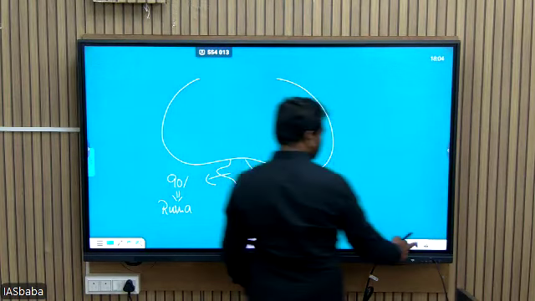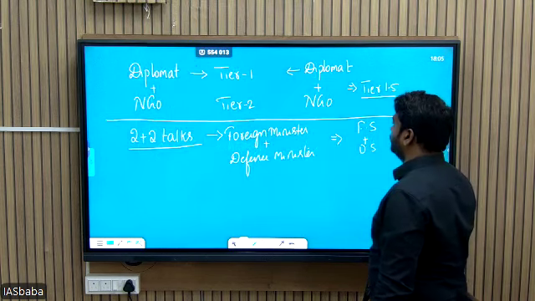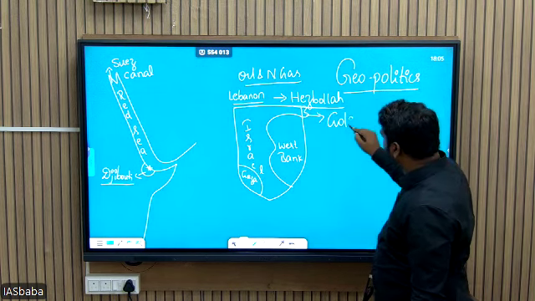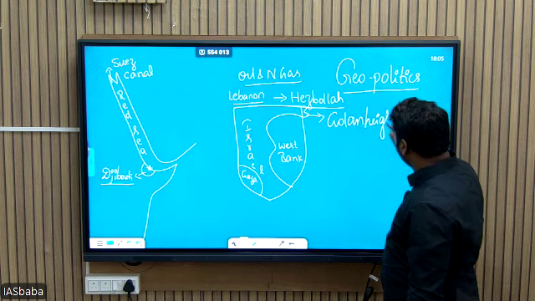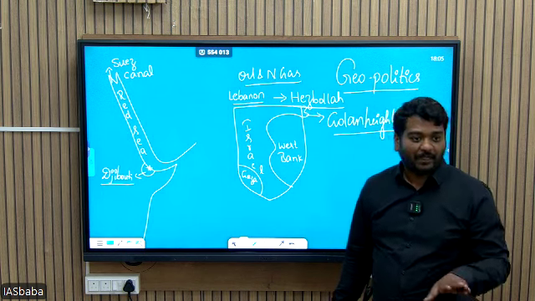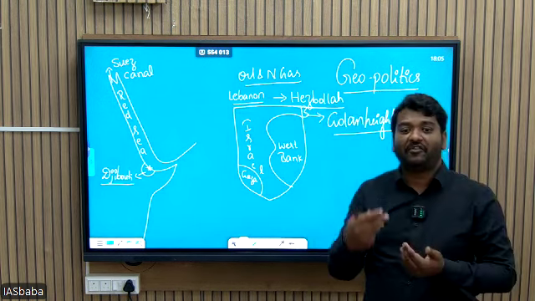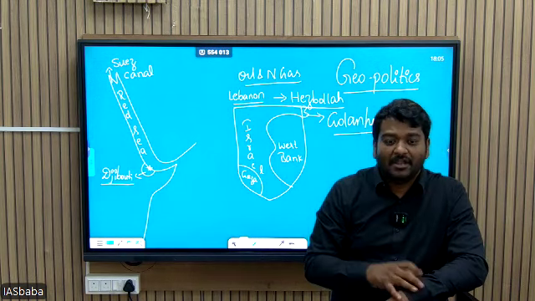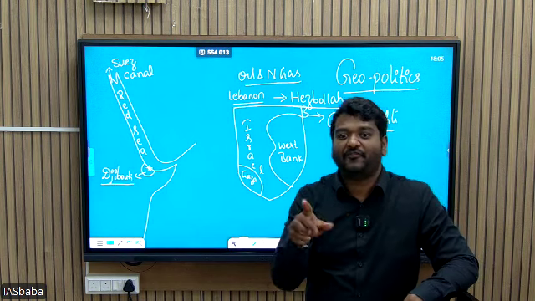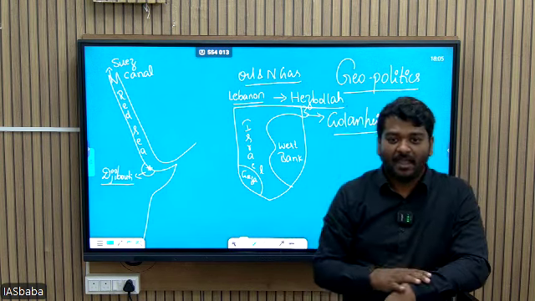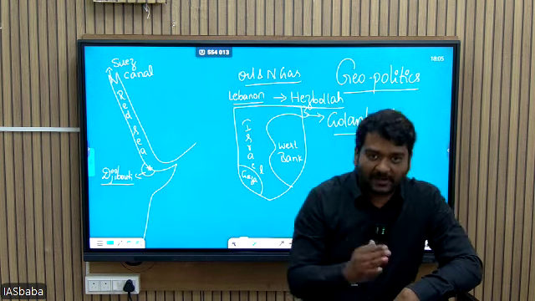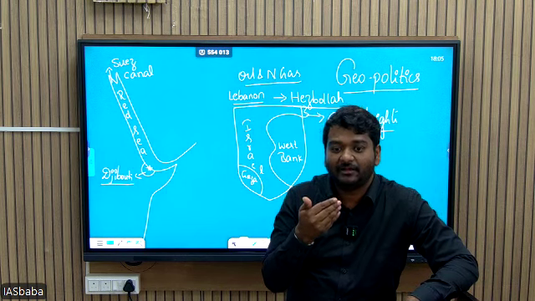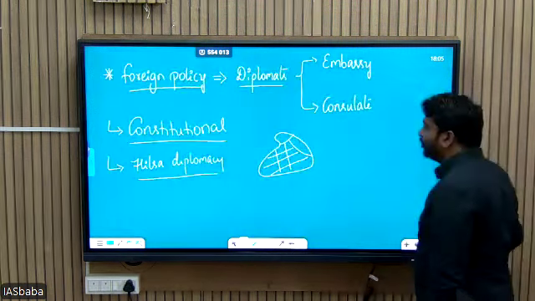I told you with respect to Israel. In this particular part of Israel, you have a region called Golan Heights. And this Golan Heights was part of Syria. Once upon a time, it was under the control of Syria. During the war, Israel captured it. And then Israel sent a lot of Jews to go and settle in the region. Now Israeli people are 55%, Syrian people are 45%. Recently, they conducted a referendum. 55% of people said that we want to be with Israel, and Golan Heights became part of Israel. So can I say I can capture any territory by sending population? Population plays a very, very important role in